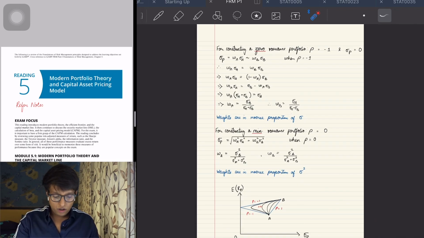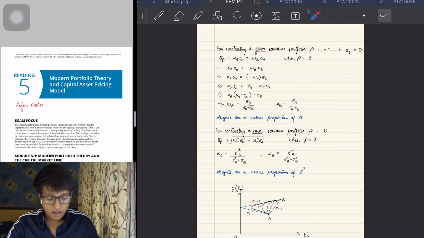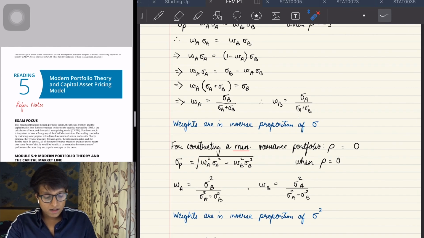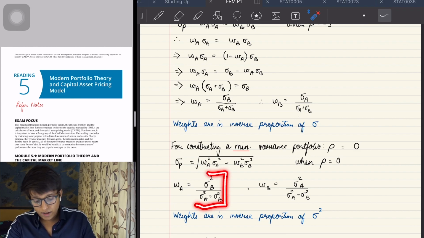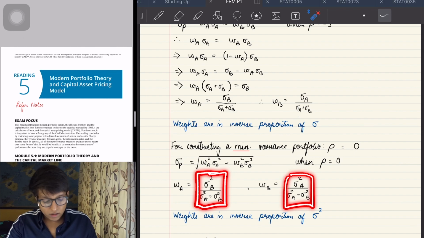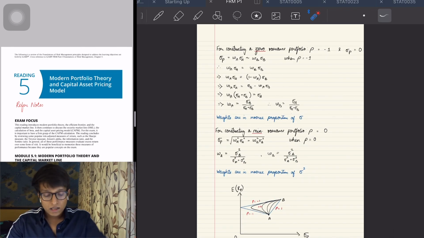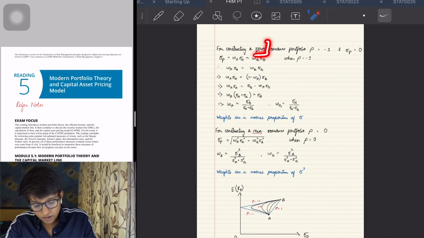Now, there's something called a minimum variance portfolio as well, wherein we only consider the correlation to be 0. In such a case, when correlation is equal to 0, it's a difficult calculation. So you can just remember it's the same thing as above, just the terms are squared. All the terms are squared,